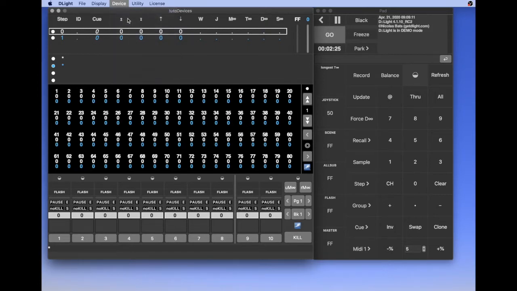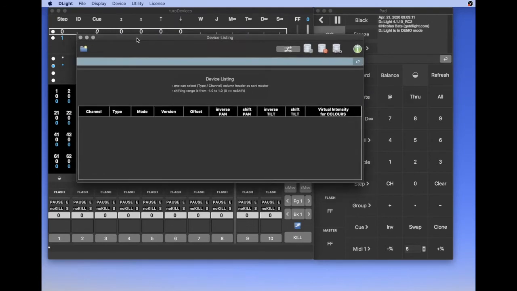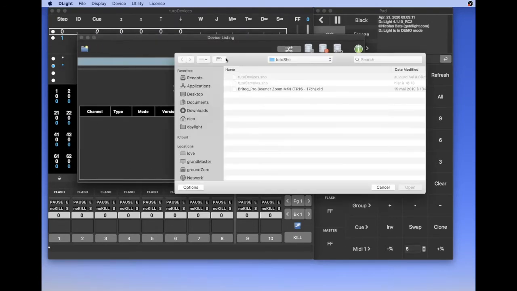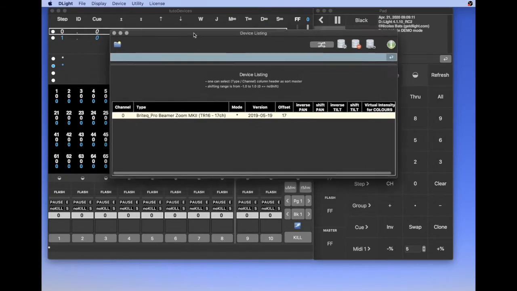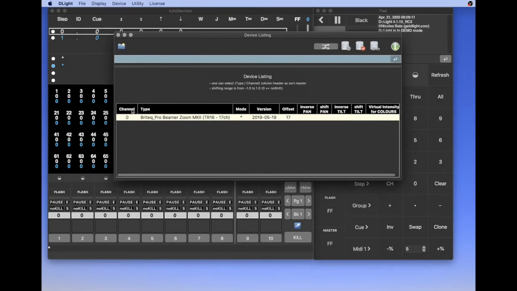So I go to the device listing to import my personality. I click and choose this one, ProBeamer, Brightech. When imported, it is listed with channel 0. This is the first thing to do.